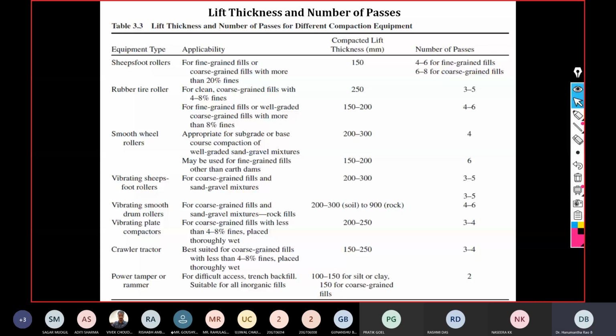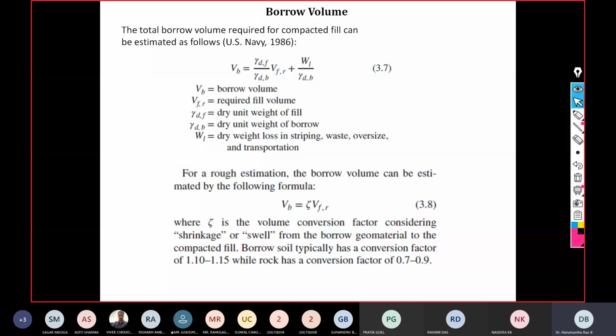Now, another important thing is that we collect the soil sample from the field when we do any standard or modified Proctor compaction test in the laboratory. But in the field, how do you do it? In the field, we select a borrow area. From there, the soil is transported to the site and it is compacted over there. So when it is compacted, the density of the borrow area is different than the density of the soil which is recompacted, say in the road or in the earthen embankment.